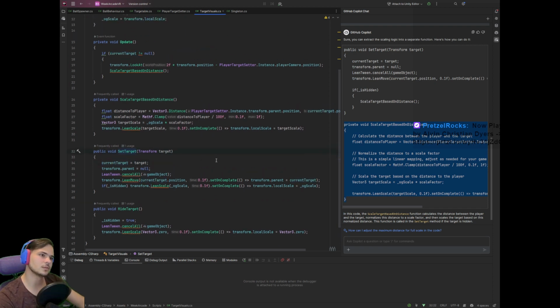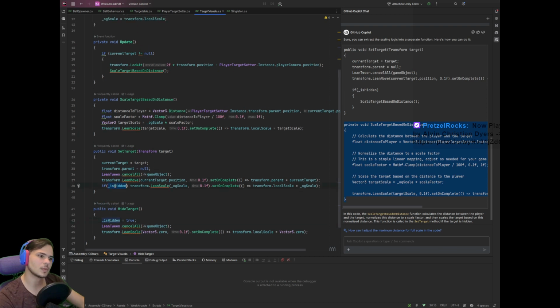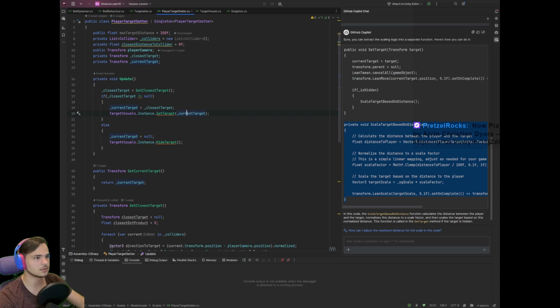Actually, no. I think we should do here if not hidden, because we're never setting current target to null, because set target is not, yeah, it will never be null, so that was a necessary bit of code there. So let's see how it will behave now, and to test that, we're gonna